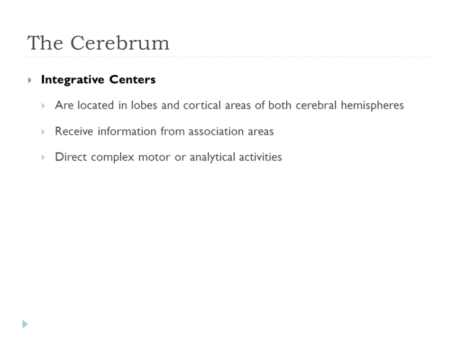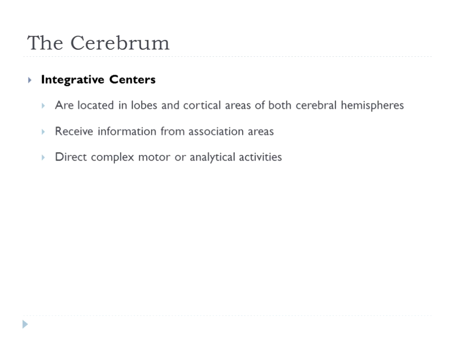So if it's analytical, that's a different association area. And then the integrative centers put it all together and say, oh, this word says analytical, and the word analytical means kind of a logical step. So then you're interpreting. We do it very quickly. We just look at a sentence, directs complex motor and analytical activities. You look at it very quickly, and you take for granted all of the work that's happening in your brain to make this take place.